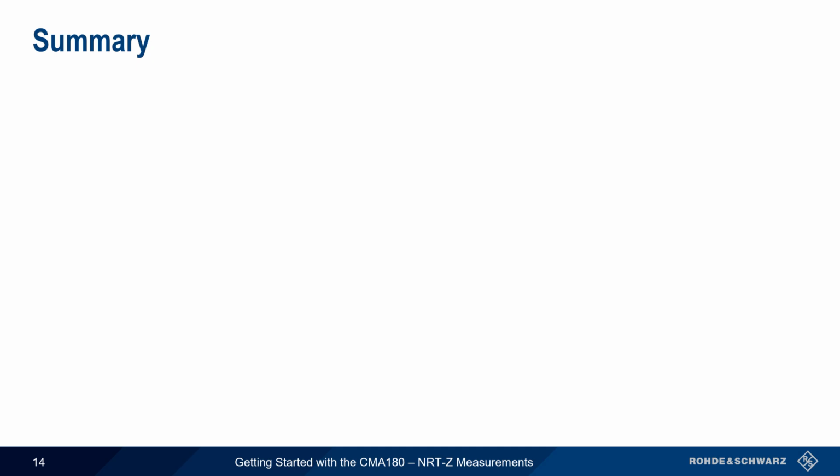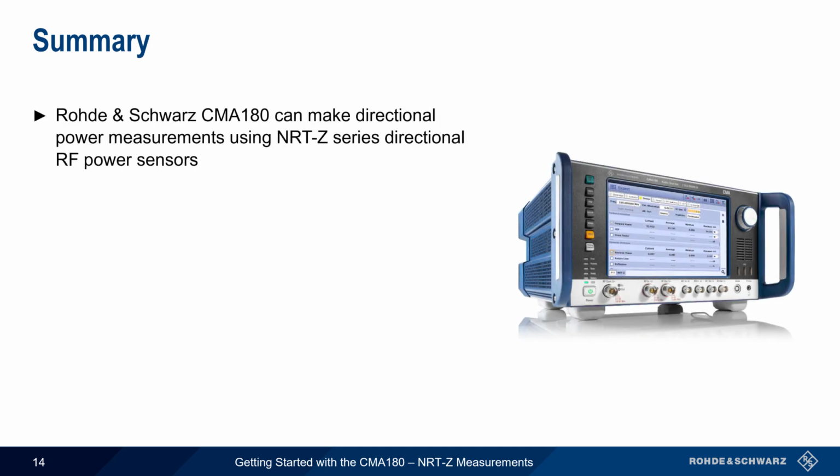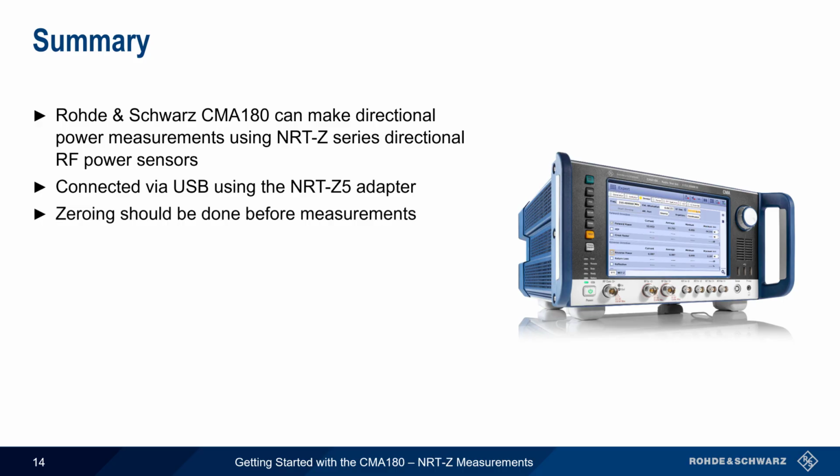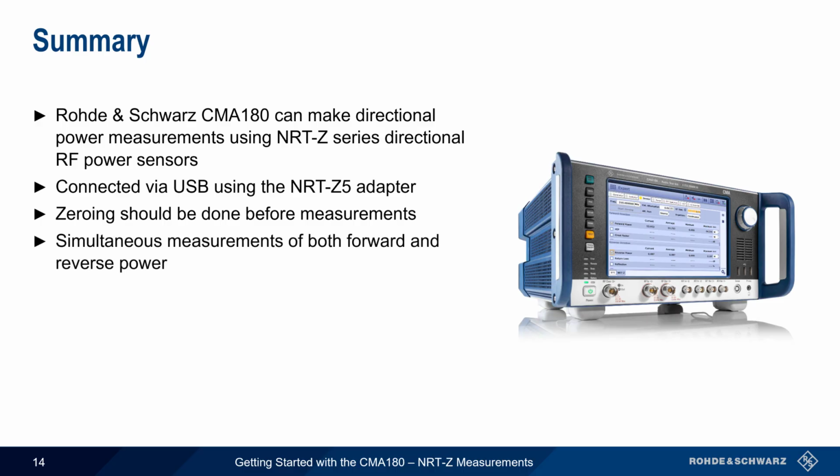Let's end with a brief summary. The Rohde Schwarz CMA180 radio test set can make directional power measurements using NRT-Z series directional power sensors. These sensors are connected externally to the CMA over USB using the NRT-Z5 adapter. As with most RF power sensors, the NRT-Z should be properly zeroed before making measurements. The NRT-Z allows simultaneous measurements of both forward and reverse power, and this includes envelope measurements such as peak envelope